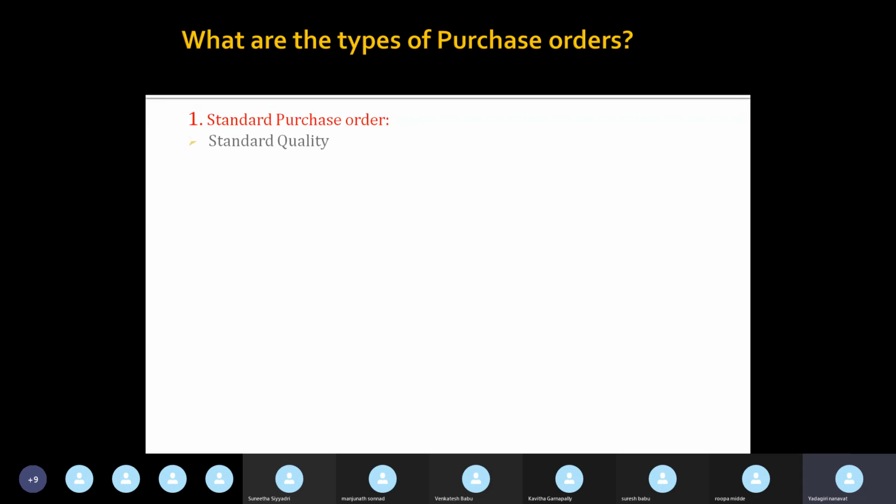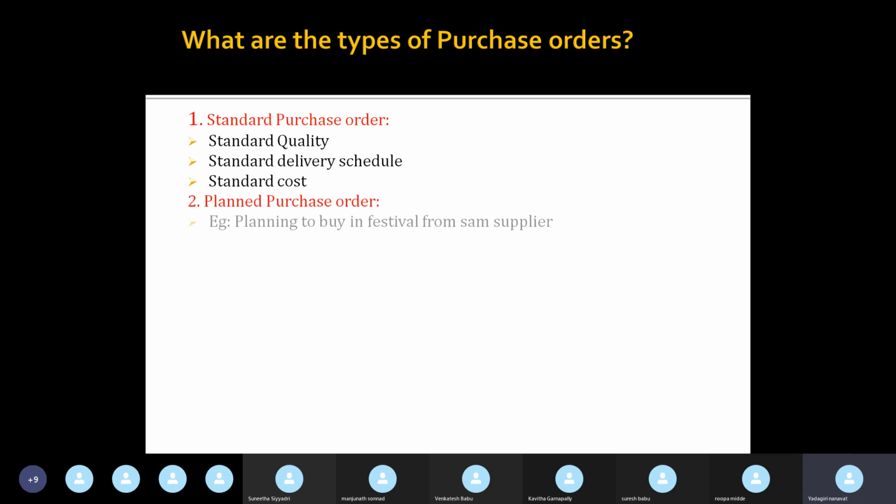In a standard purchase order, we use standard quality, standard delivery schedule and standard cost. Planned purchase orders, for example, planning to buy in a festival from the same supplier. It is planned that in this season we have to purchase such and such material according to company plans, like